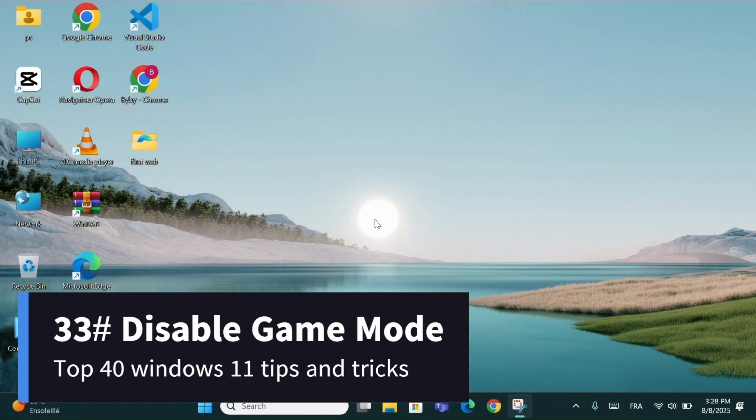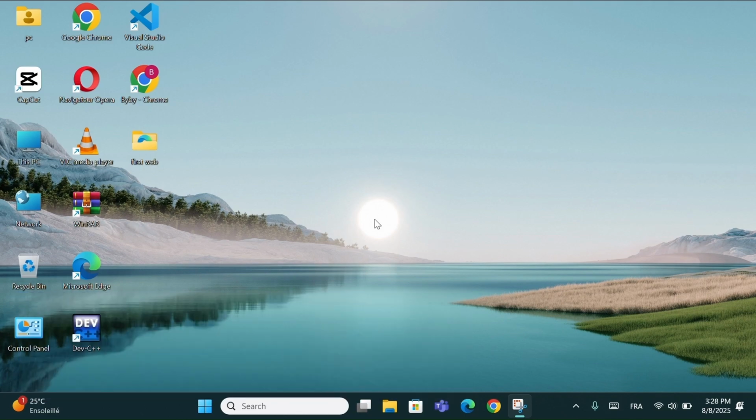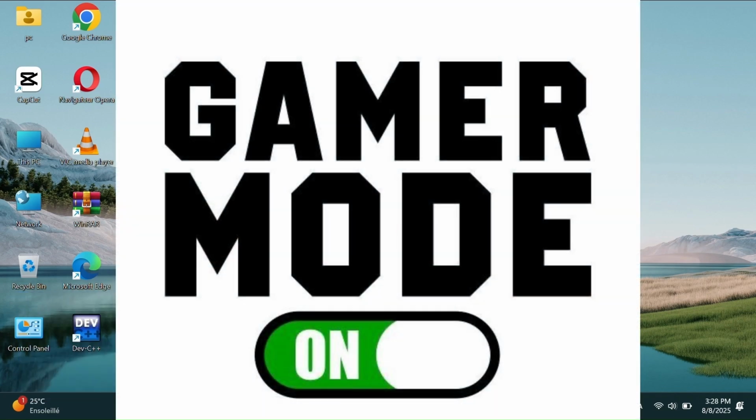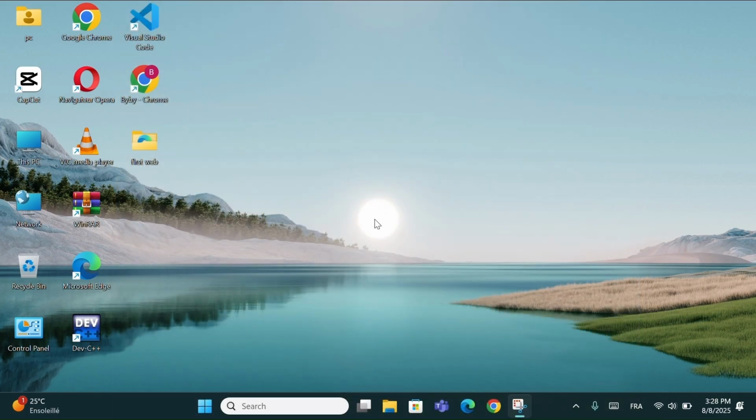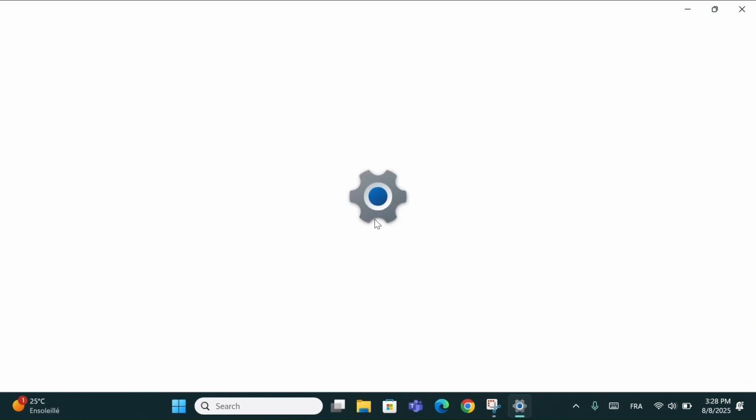Number 33. Disable game mode. Windows 11 comes with a built-in feature called Game Mode, which is designed to optimize your PC for gaming. But if you're not playing games, this feature can actually reduce performance in some tasks by limiting background processes or prioritizing game-related settings. To disable it, just open Settings